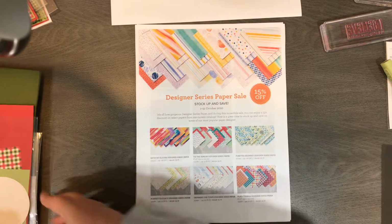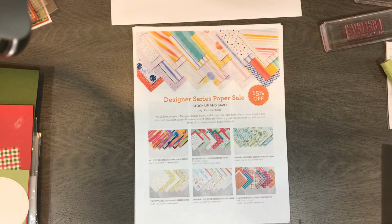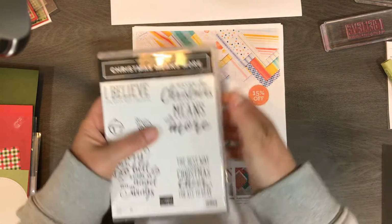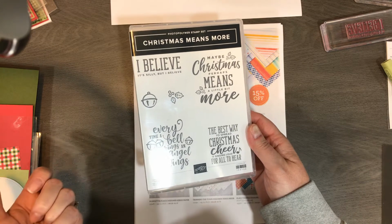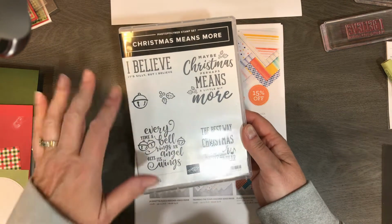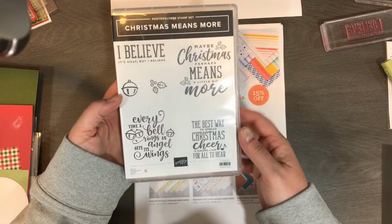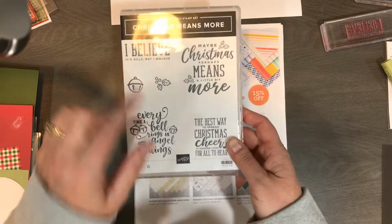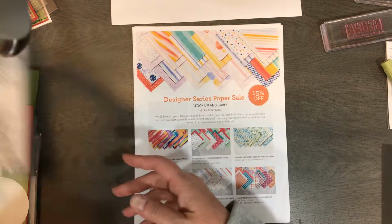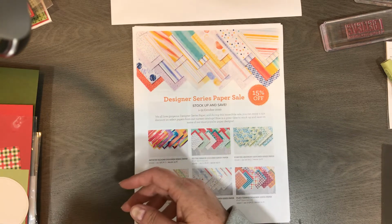We are going to use a stamp set called Christmas Means More. I left it right here, this stamp set in our holiday catalog, our August through December mini catalog. I have some glare today because I am actually stamping in the evening for once, but this is a great little set of famous Christmas quotes. So we're going to use this as well as our Heartwarming Hugs Designer Series paper,